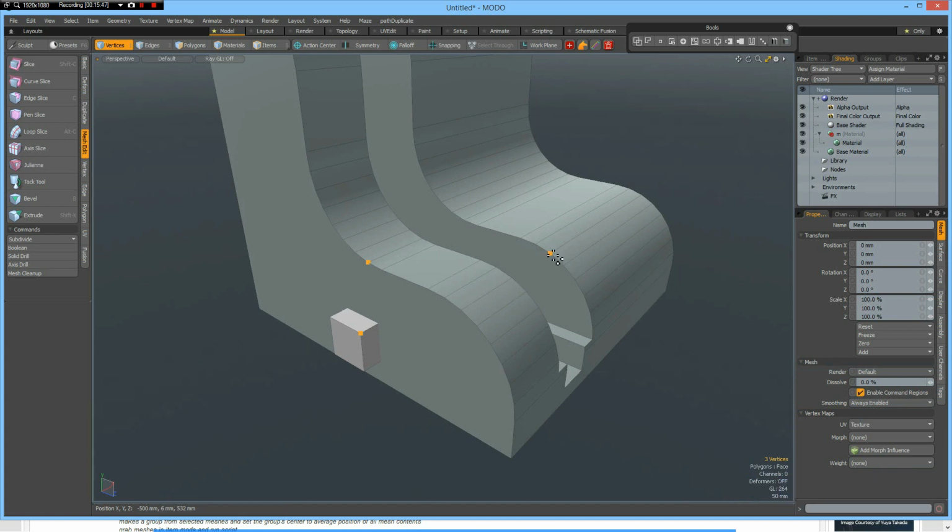So we could put the second one to here, to here, to here,